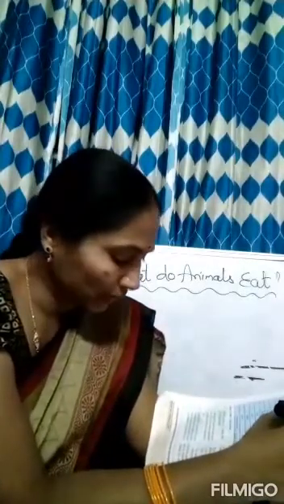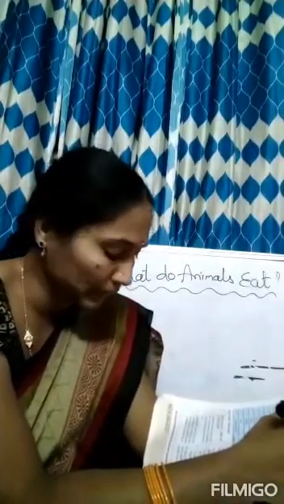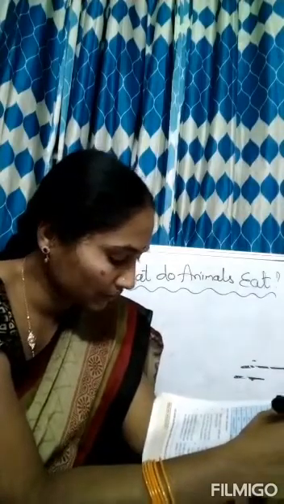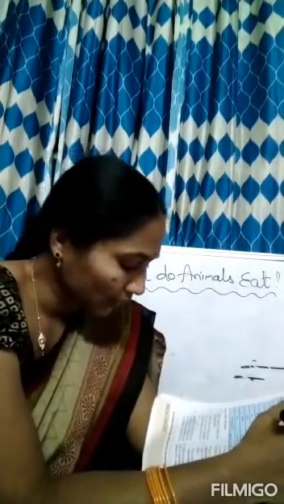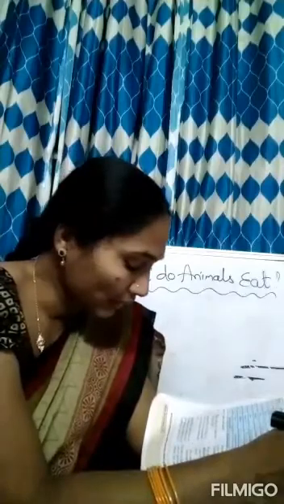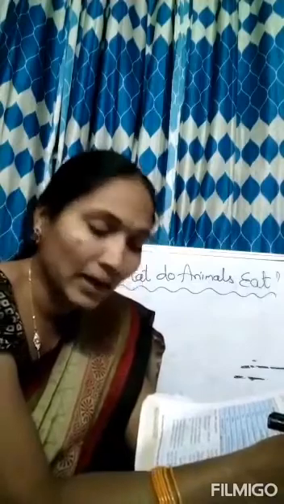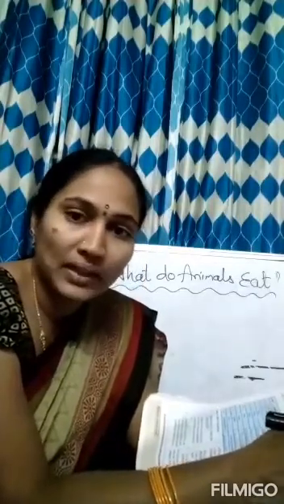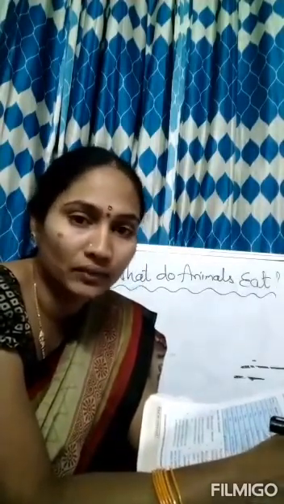Next, the third one. Compare the parts of the hen and hummingbird in taking food. Hen and hummingbird both have beaks. With the help of beaks, they take the food. That is the similarity. And you have to write the parts. Hen has a beak as well as hummingbird has a beak. And the difference is observed by you. What is the difference between hen and hummingbird? Hummingbird flies in the sky, whereas hen can't fly in the sky.